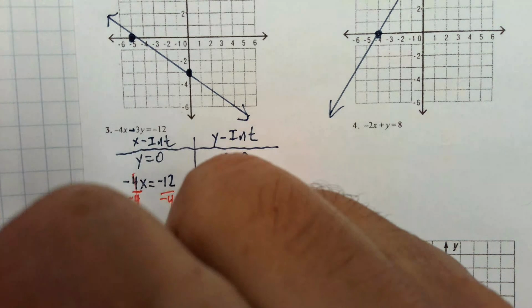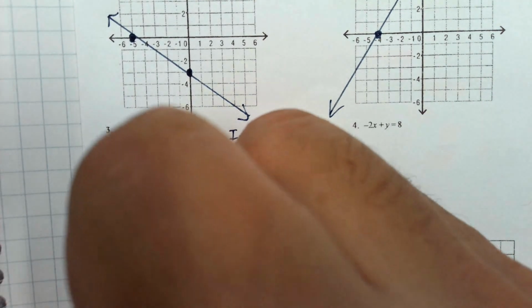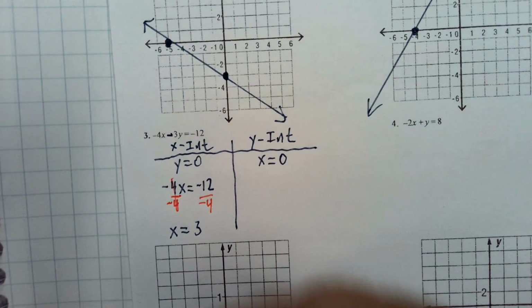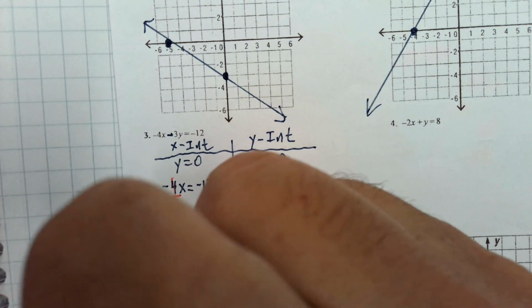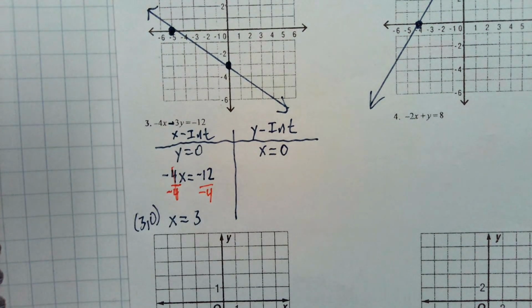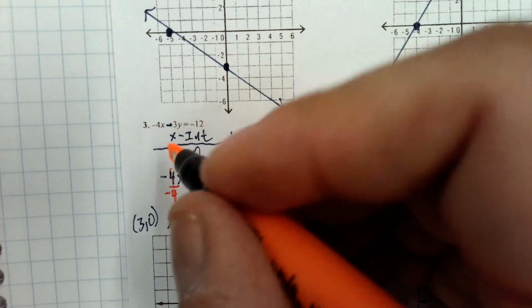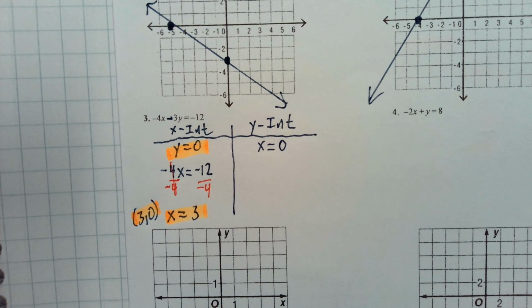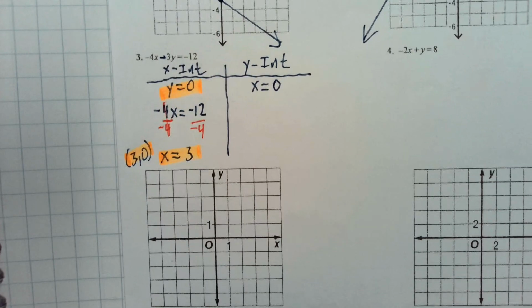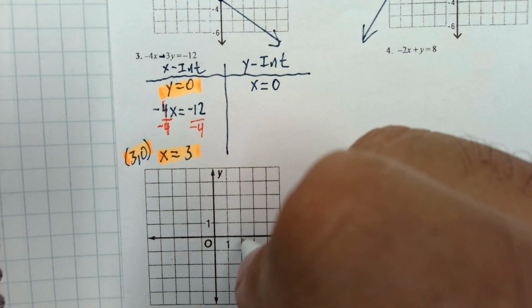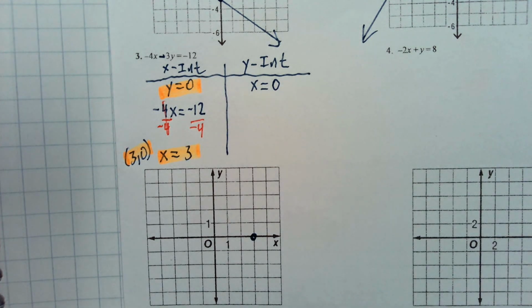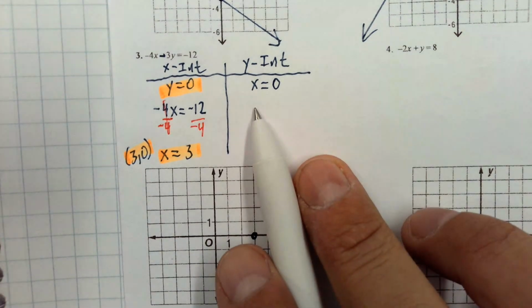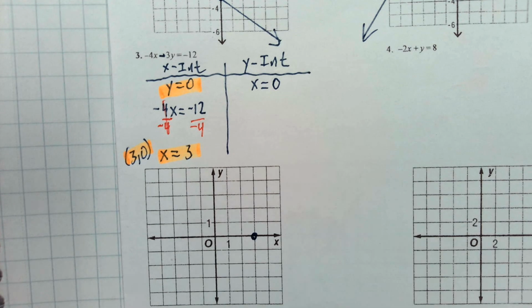So I get x equals negative 12 divided by negative 4. That's going to be positive 3. So my ordered pair is 3, 0. So basically this led to this, which gives me that ordered pair. Okay, so let me graph it. 3, 0 is right here. 1, 2, 3. Okay. So let's see. If I know the fact that I have that now,